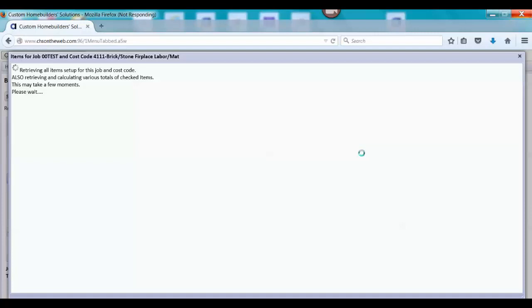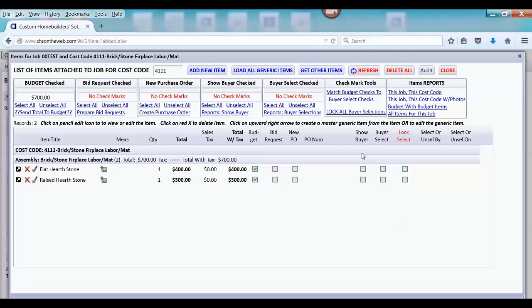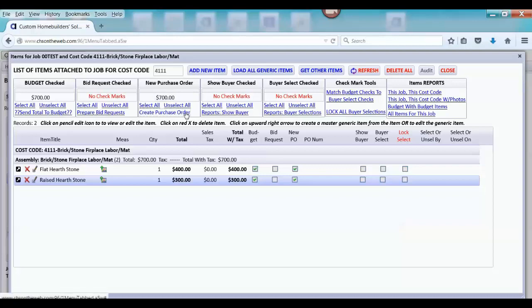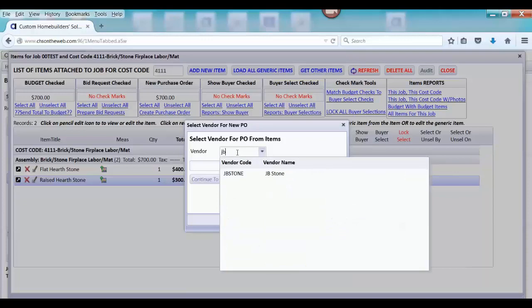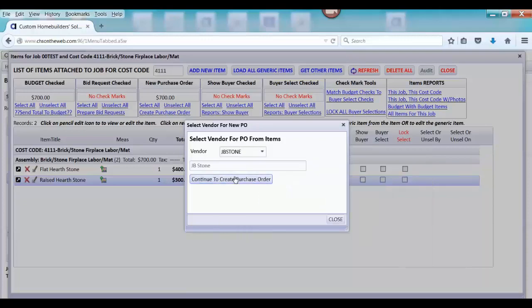You can get as detailed as you like with items because items won't bog down the purchase orders. I'm going to issue one purchase order for both of these items. So I'm going to say new PO and new PO. I'm going to click those so that they'll both be on there. I could also have done select all for that, but now you'll see that there's $700 up here for creating a purchase order. Then I can create my purchase order for JB Stone and continue to create it,